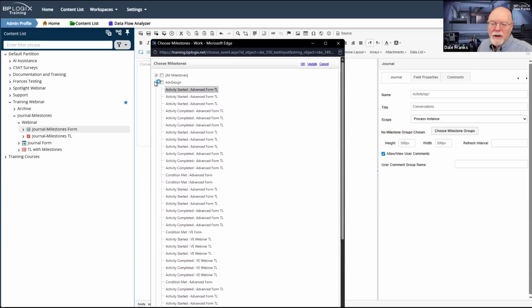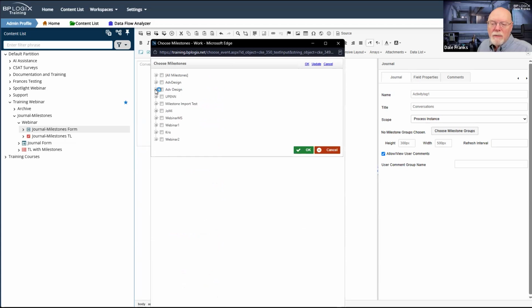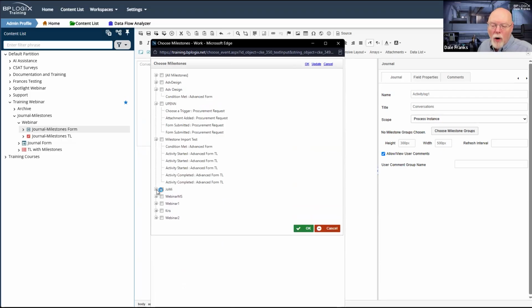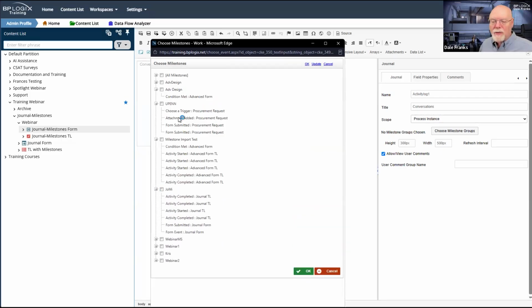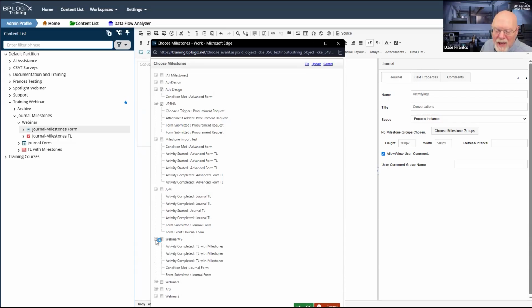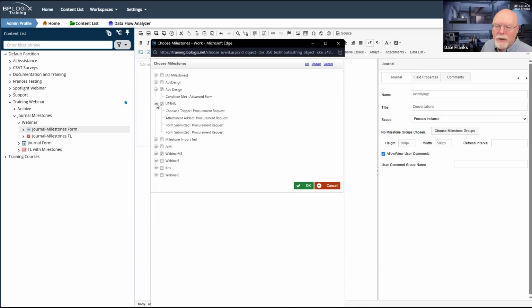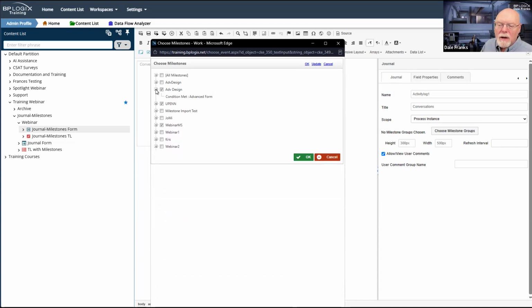Also, do notice that as we look at each of these milestone groups and I open it up, you can see that each specific milestone group has its own specific milestones that only run for that group. And what this allows me to do is, if I don't want all milestones, but I might want these milestones and those milestones right there, and maybe these milestones, I can just pick and choose among all of the milestone groups that exist on my system, just to pick the ones that I want.